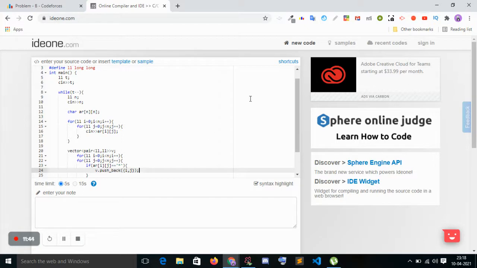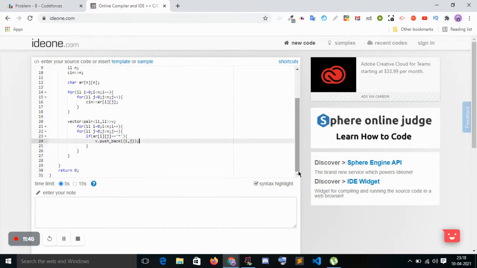So we'll store the index of i comma j. Now we'll store 2 points. So v0 dot first stores the row of my first mark cell, and v1 dot first stores the row of the second mark.